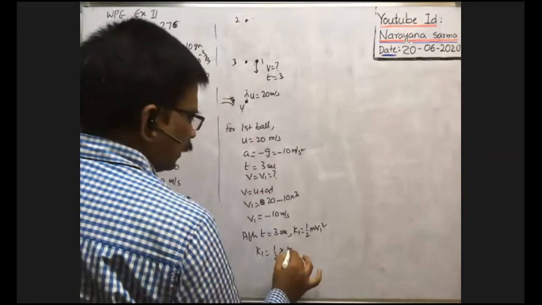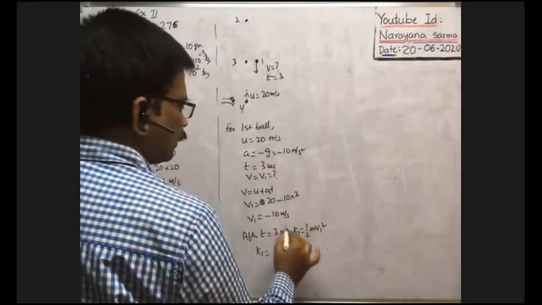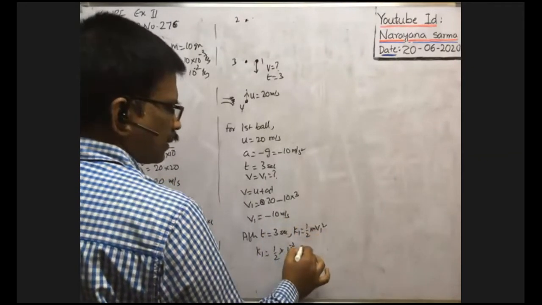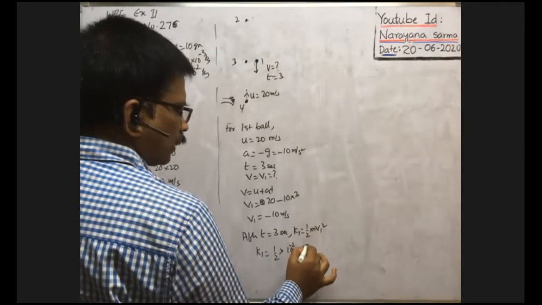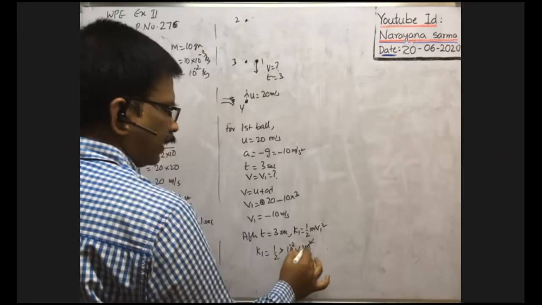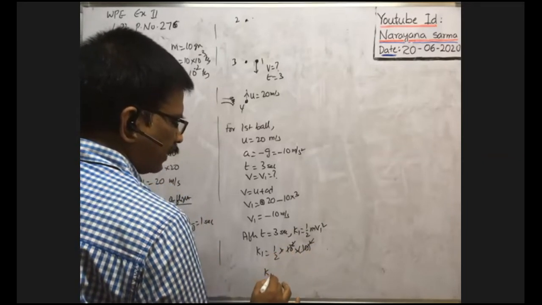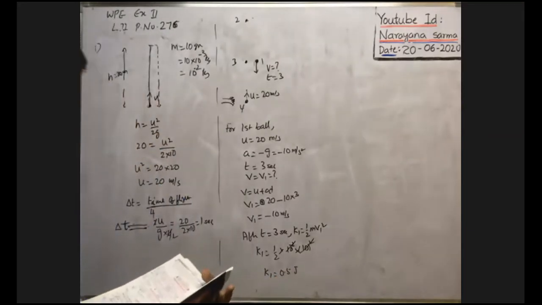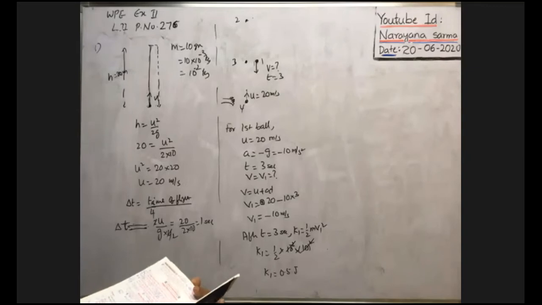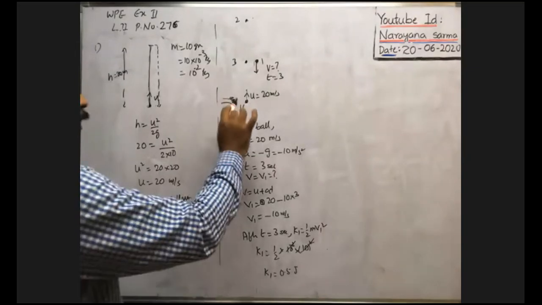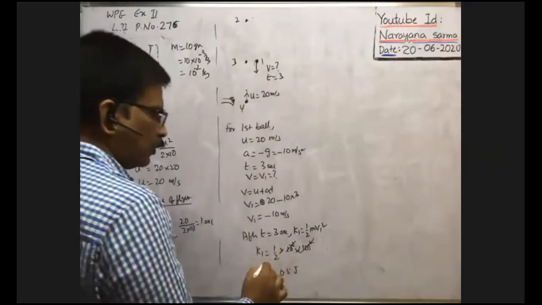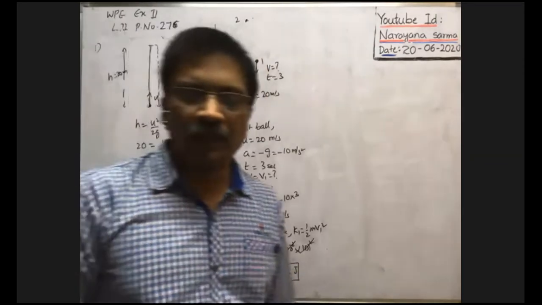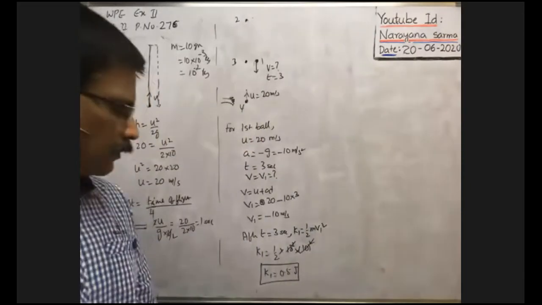So mass is 10 to the power of minus 2, into velocity, just take the magnitude, because minus 10 squared is plus, as kinetic energy is positive only. So 10 square is 100, and this 100 cancels. Therefore, kinetic energy is 1 by 2, that is 0.5 joule. So the kinetic energy of the first ball at the instant when the fourth ball is ready to leave is 0.5 joule. It is the answer. 1.5 or 0.5? 0.5, no?